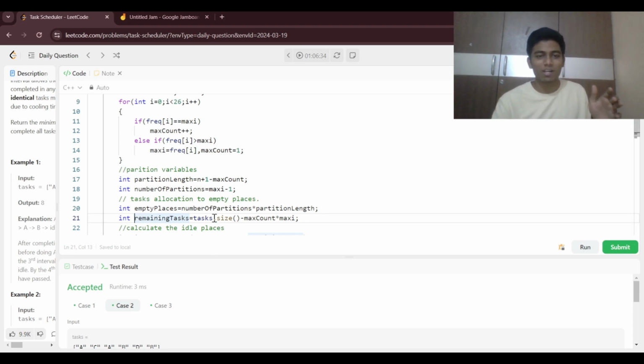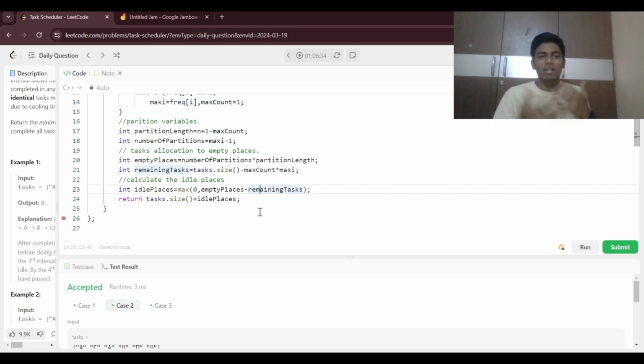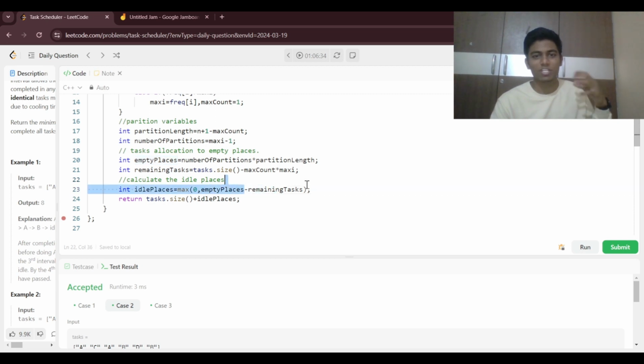So that is going to be task dot size minus maximum count and then maxi. And then we need to calculate the idle places which are left out after filling all the tasks which are present in our task array. That means we are going to consider the empty places which are left out as of now, and the remaining tasks which need to be filled